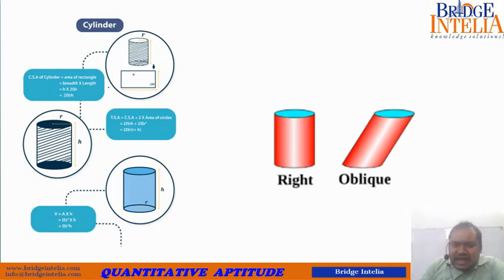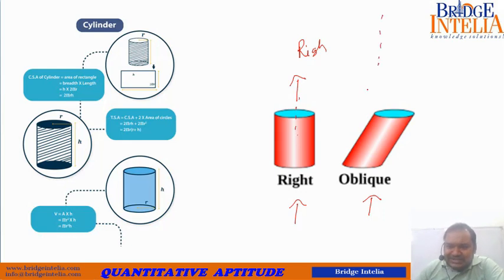So this is how a cylinder looks like. So basically you can see that the base of a cylinder is a circle. A cylinder is not always straight. As you can see, this is a straight cylinder, whereas this is an oblique cylinder. So a cylinder which in general terms you would see like a straight cylinder or a vertical cylinder is known as a right circular cylinder. So what is a right circular cylinder? This axis is making a 90-degree angle with the ground.